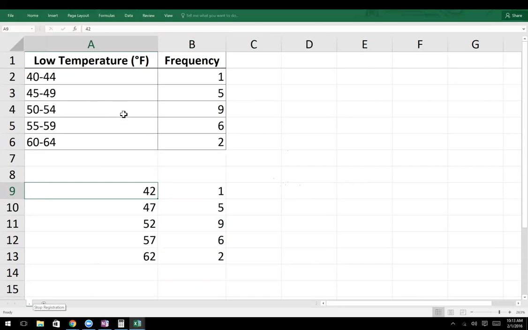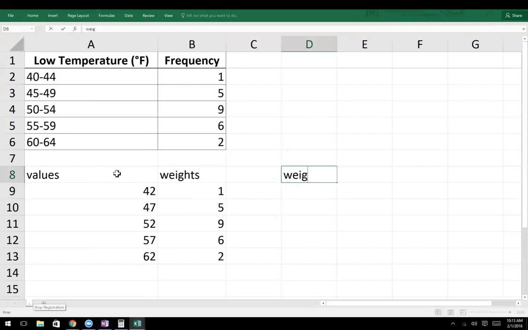The actual values we're trying to average are in this first column, and the second column is the weights, right? And we said before that a weighted mean, you add up the value times weights, and then you divide that by the sum of just the weights.